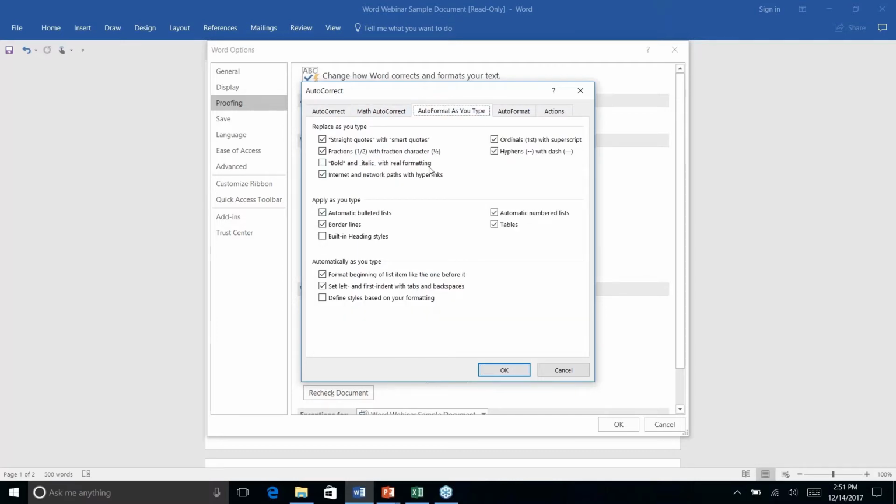AutoFormat As You Type also has a couple of options in here that you will find useful. By default, it is going to change your ordinals. So if you have things like first, second, third, it will take the ordinal and put it as a superscript, which means the letters will be smaller and towards the top of the number. It's just a little bit more visually pleasing. If for whatever reason you hate that it does that, you can come in here and turn it off. Same thing with changing the quotes,